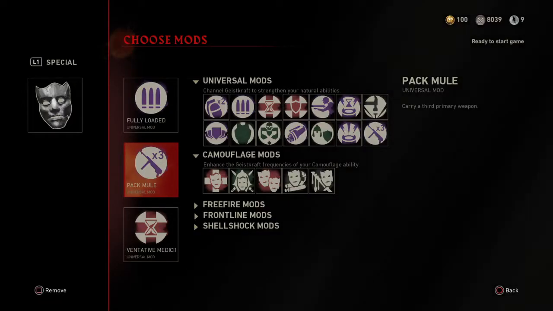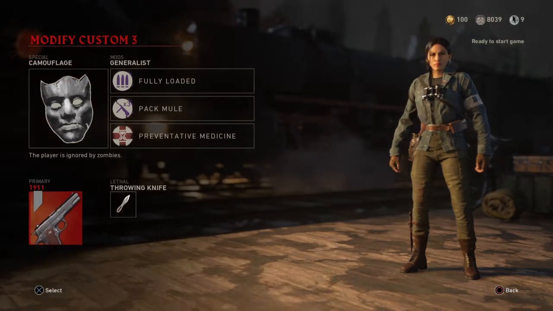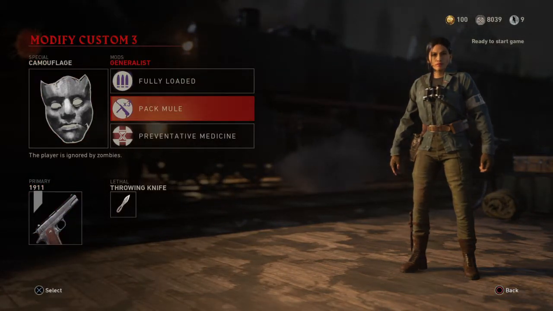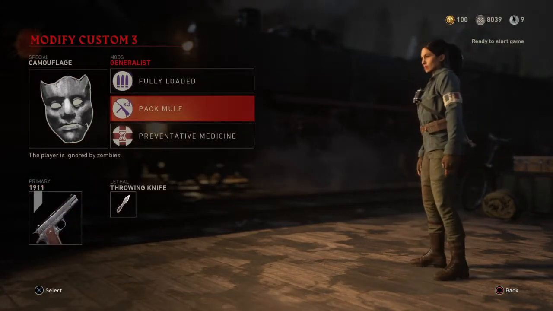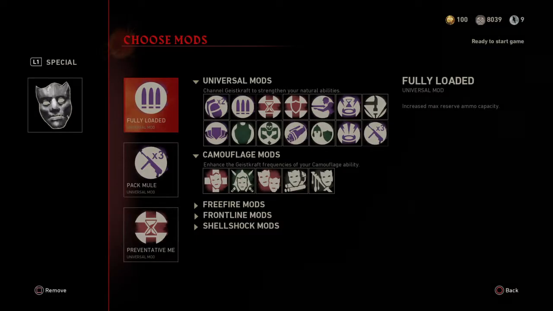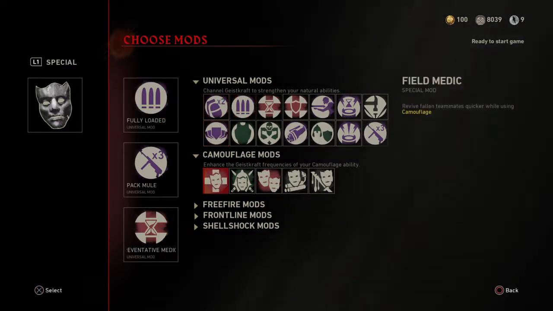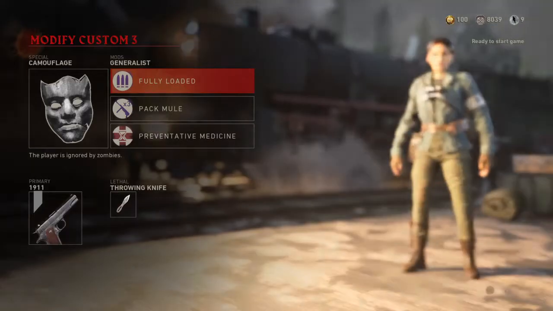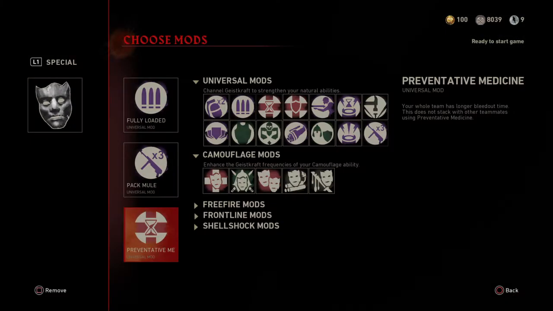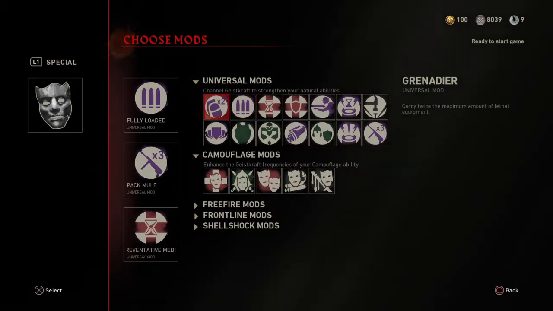I recommend Pack Mule because 3 guns will help you out, especially if you're doing the eggs and bacon Tesla gun. You'll have limited ammo and you want a gun to shoot. Then I recommend Fully Loaded to get more eggs and bacon ammo. And then Preemptive Medicine if you're playing with an ally. If you're not playing with an ally, probably do Grenadier to get extra